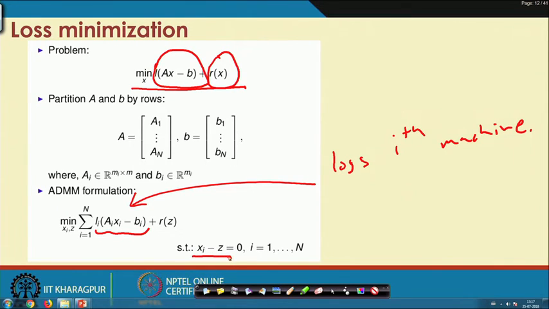This is the constraint, so that xi is equal to xj. So all of them are equal to z. This is the consensus constraint.